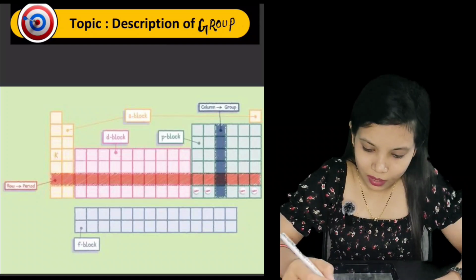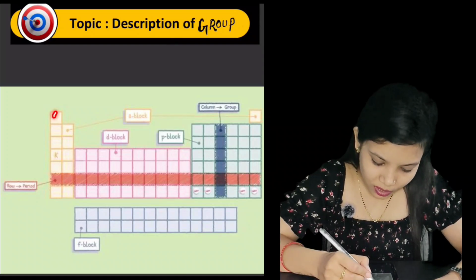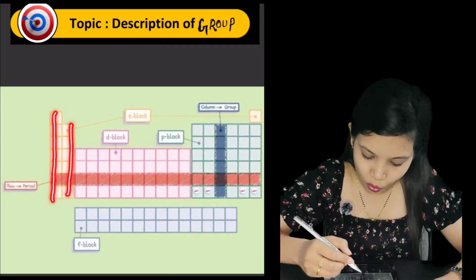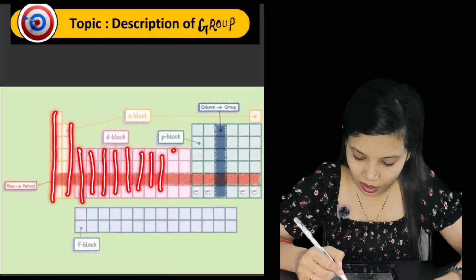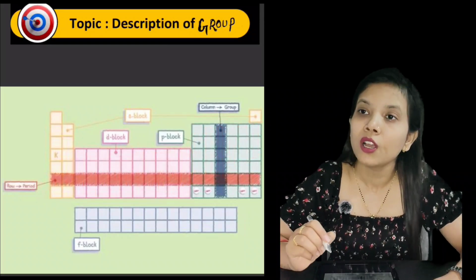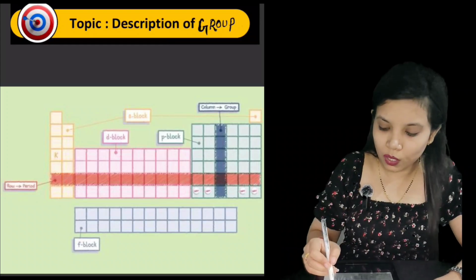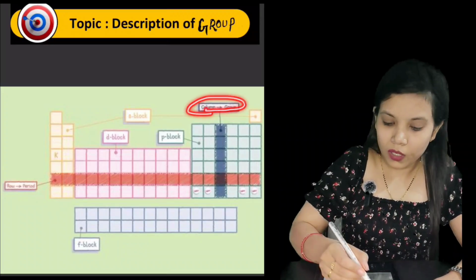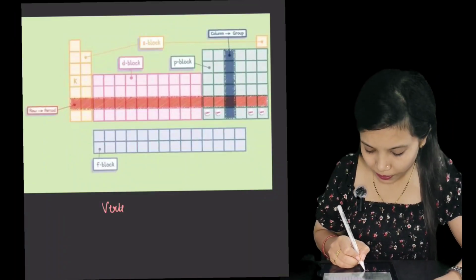You can clearly see in this diagram, in this image, basically, this is a vertical column 1, 2, 3, 4, 5, 6, 7, 8, 9, 10, 11, 12, 13, 14, 15, 16, 17, 18, correct? So these 18 vertical columns are known as what? We call them group. So we can write that vertical columns